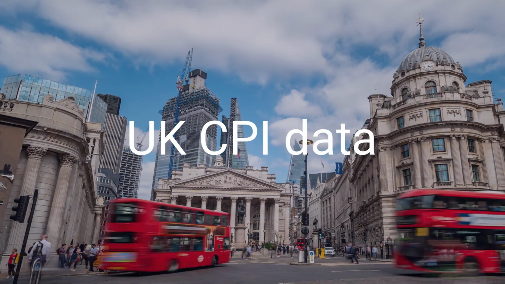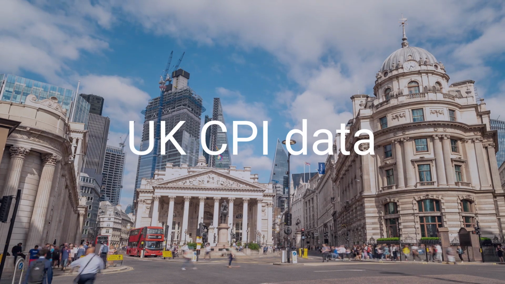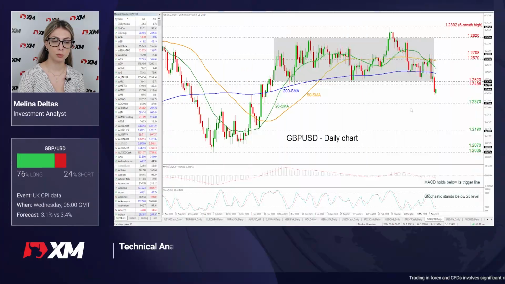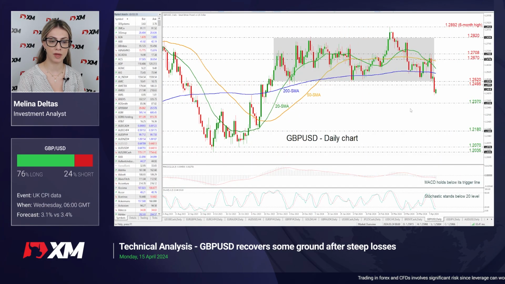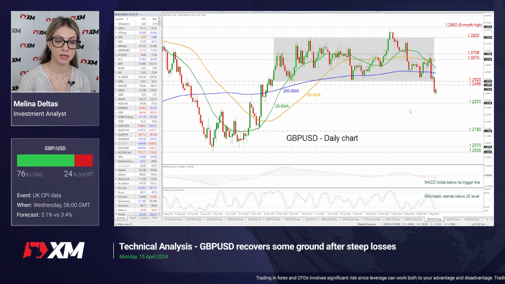This week is including the UK CPI and Japanese CPI and GDP from China. So looking from UK first, inflation dropped to 3.4% in February and is predicted to fall to 3.1% in March. Now looking at the chart, we can see that the market is recovering some of its losses that it posted